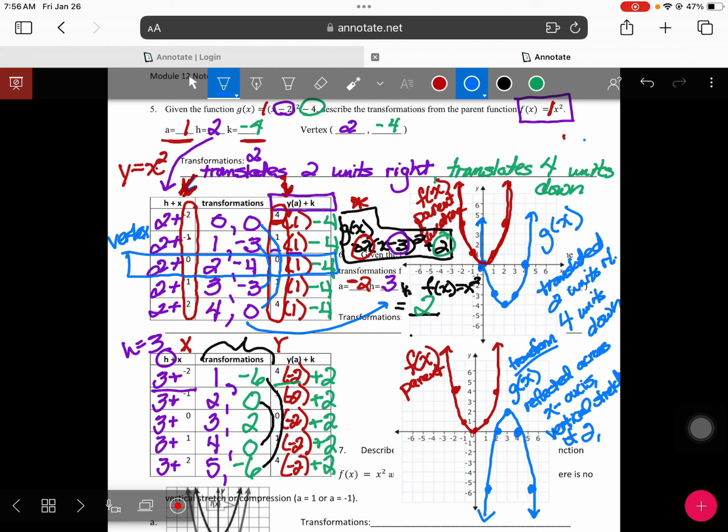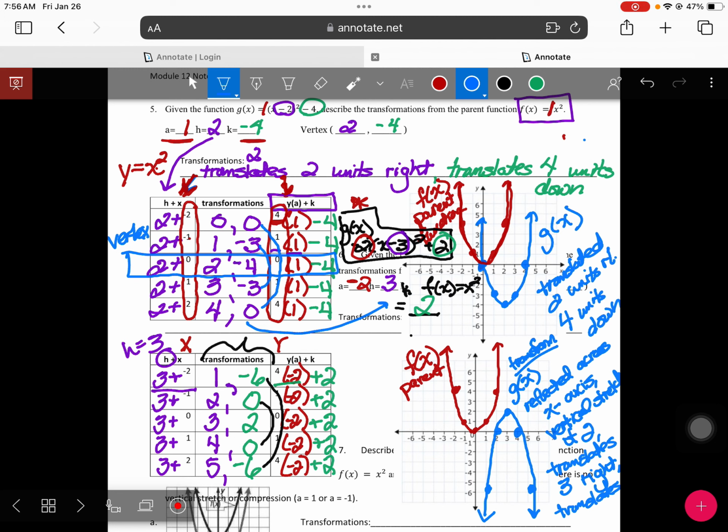We also have, since our H was 3, that translates 3 units to the what direction? If it's your H, you're going horizontal. Is that to the right or to the left? If it's positive, to the right. Translates 3 units to the right, and translates